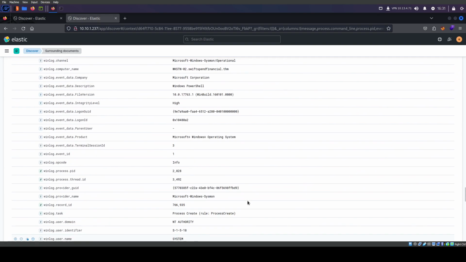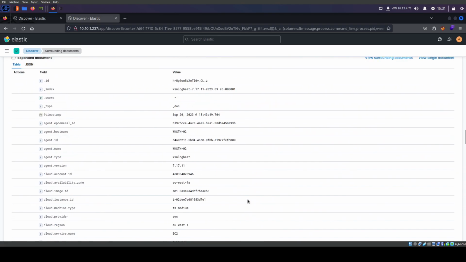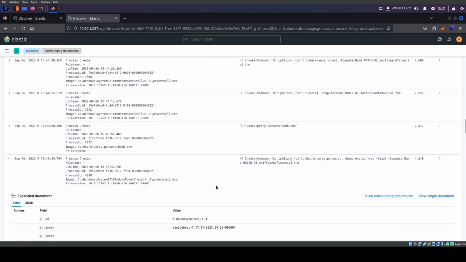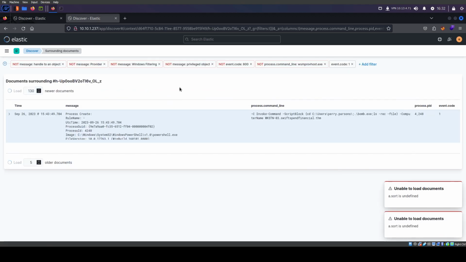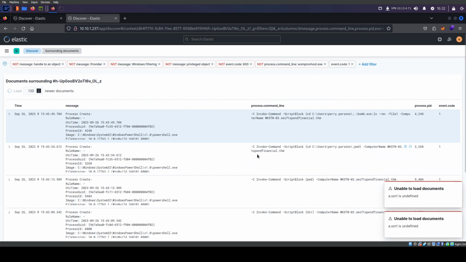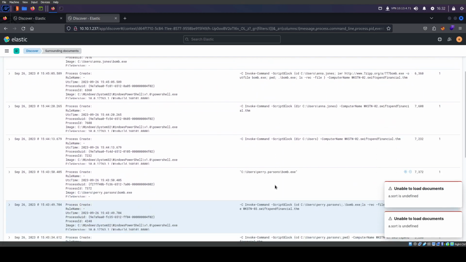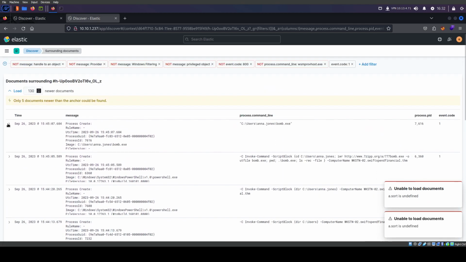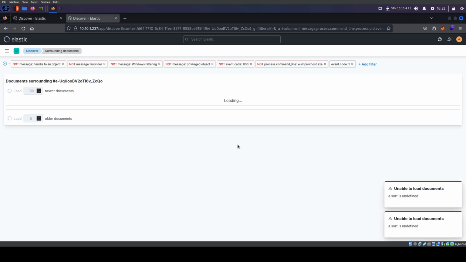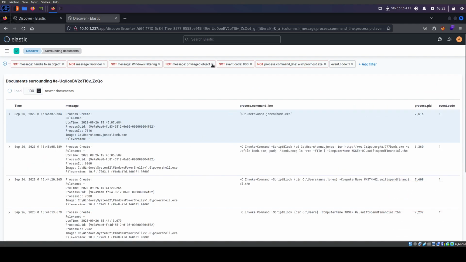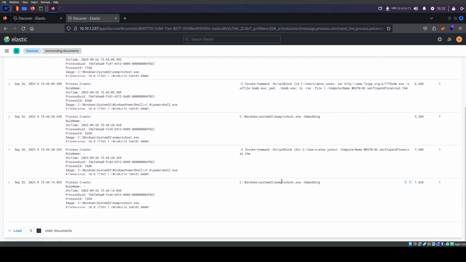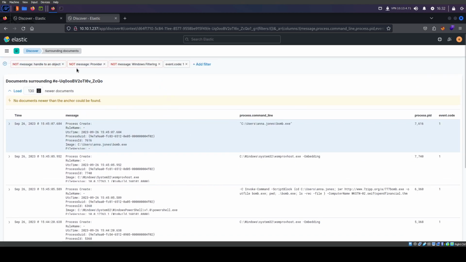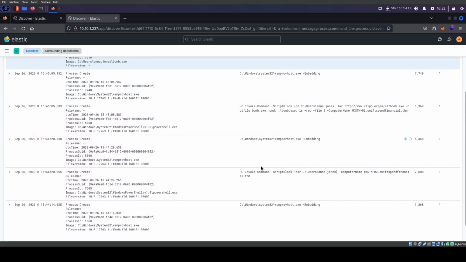So this is our command. Let's see, let's follow that one. I like this one right here. So let's view these surrounding documents. And there's still not a lot, right? Okay, let's do that. Let's stick with 1. 1's gonna hide everything, I think. I still want to hide these.